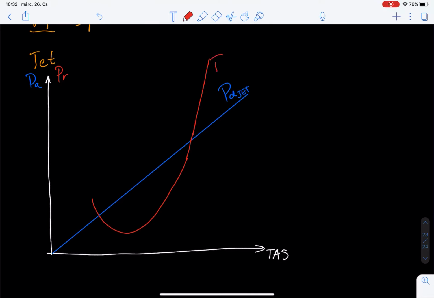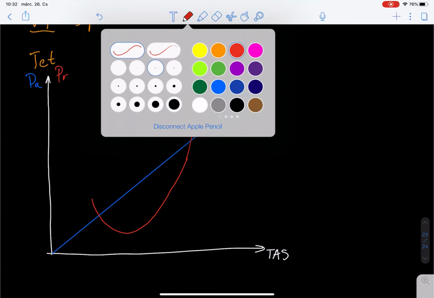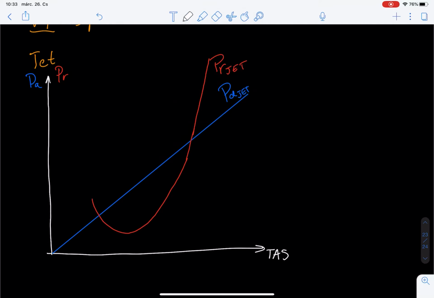Approximately looks like this. So this would be the power required from the jet. So it has a few interesting speeds for us. Of course, at the minimum point, what you would have is the VMP. And what you have in the tangent of the function is the, well, I drew it to be a little bit flat, this curve,